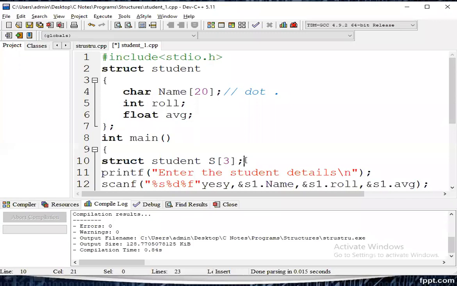Why? Because I declared s as an array member. We know what is an array declaration here. It starts from 0, s of 1 and s of 2. So s of 3 means 3 indexes are there, the index number starting from 0, next one 1, next 2.